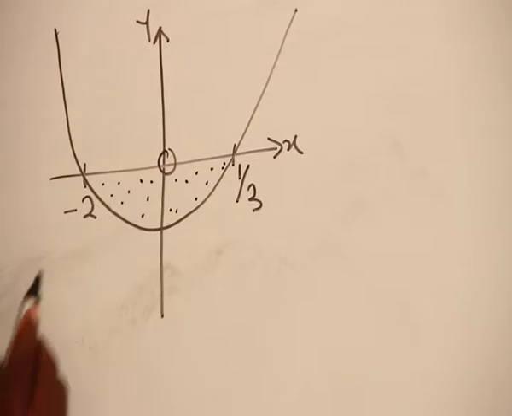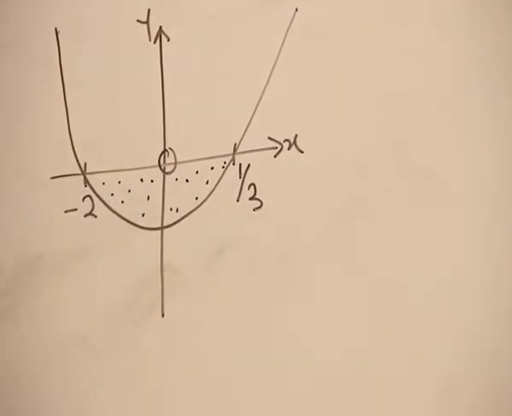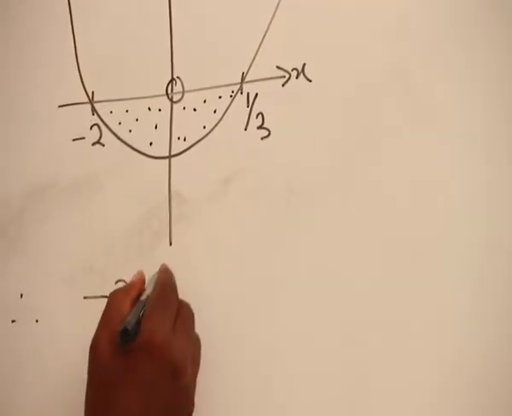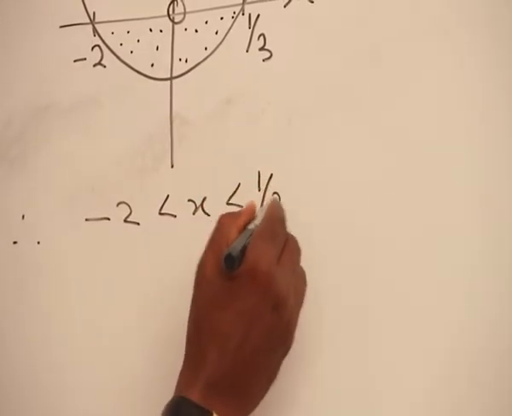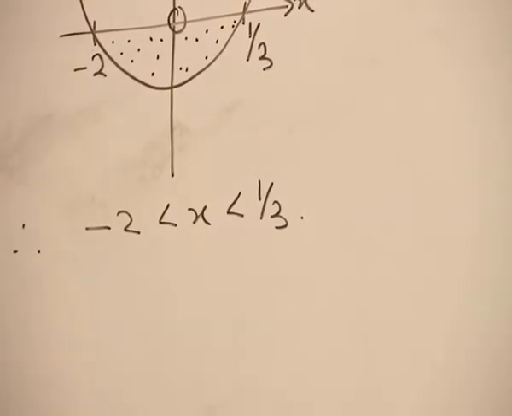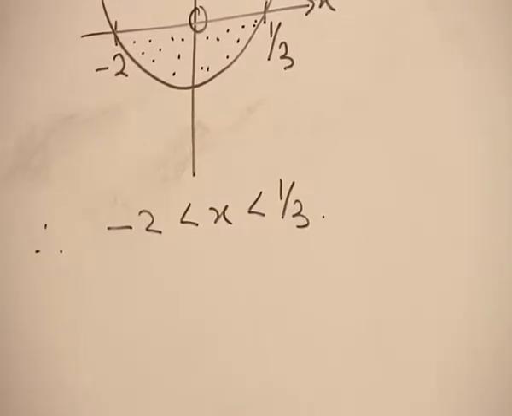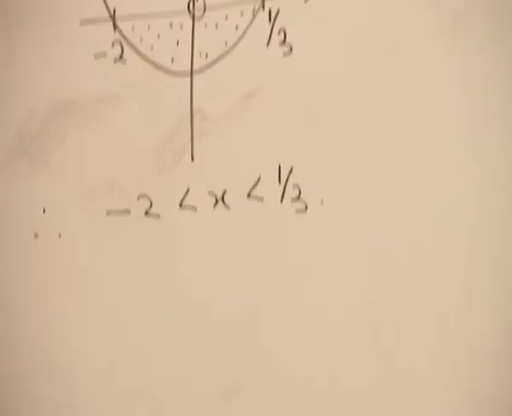So our solution will be between -2 and 1/3. So therefore, we say -2 is less than s, and s is less than 1/3. This gives you the solution that is required of us as far as this case is concerned. This shaded portion is the region that is below the